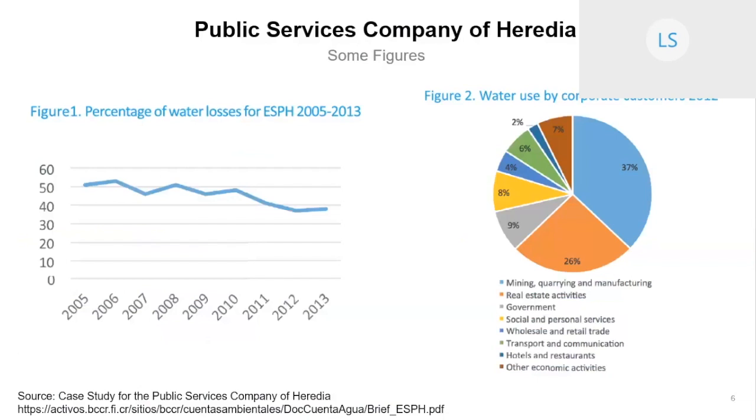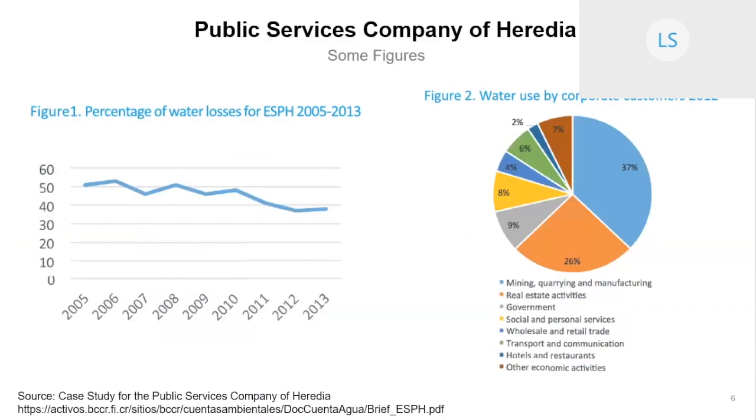And also, we see that one of the main users is the real estate sector. This means that this area of our country is a very commercial area, so there are many buildings that are for renting for commercial uses. So in the records, their water bill is recorded with the owner of the building. So this is why we see that the real estate